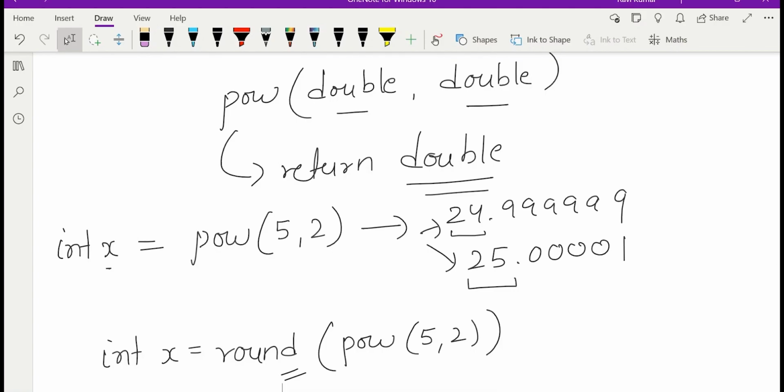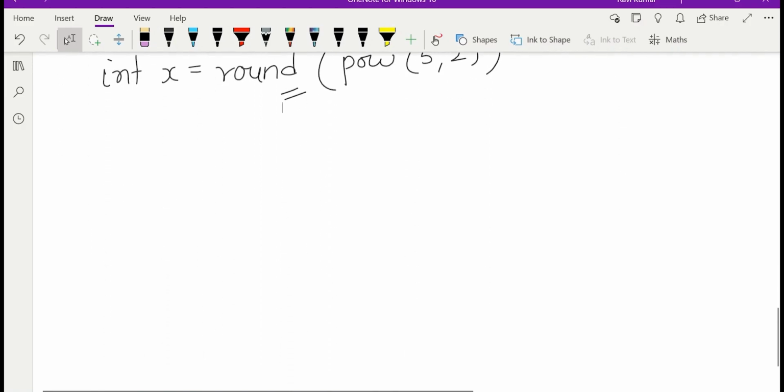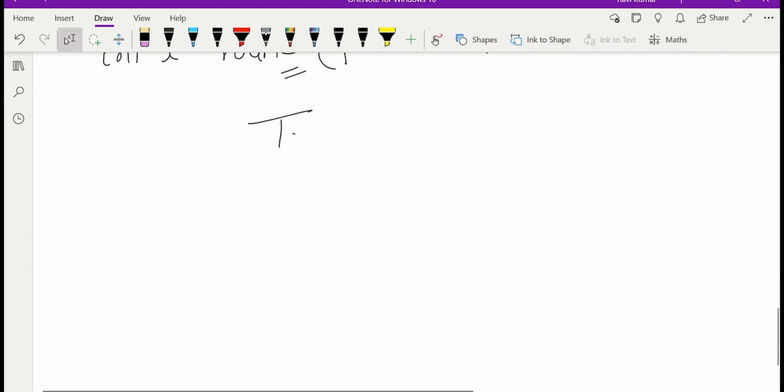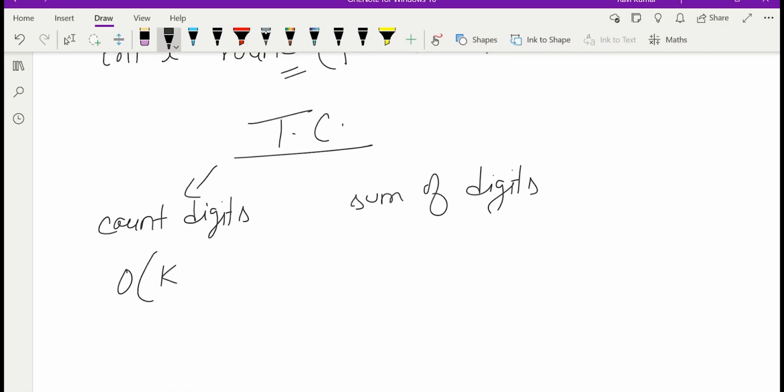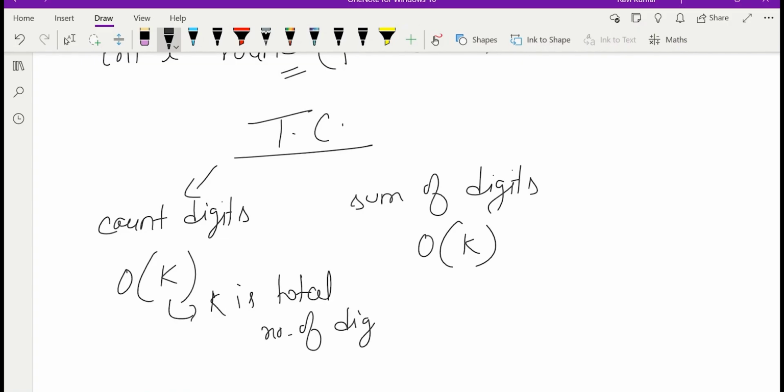And at last, talking about the time complexity of the code. The first part counts digits, and the second part is the sum of digits. As we have seen in the count digits problem, it is big O of k, and this is also big O of k, where k is the total number of digits.